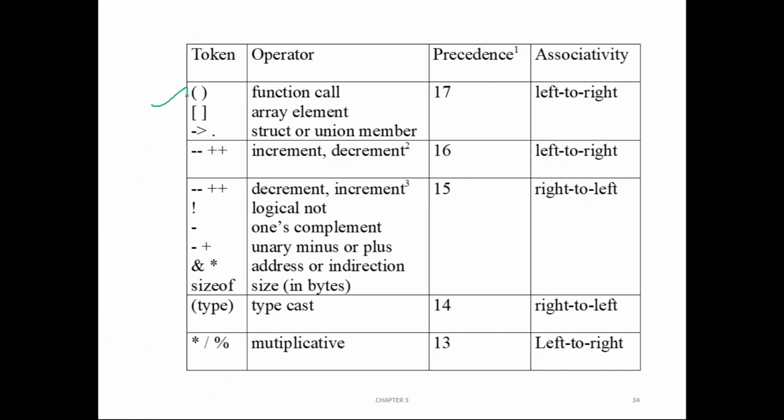So you can see here all these have the highest priorities. First is this bracket, and then post increment, post decrement, then pre increment, pre decrement, and unary plus, unary minus, star, ampersand, I mean indirection operator, address operator, then typecast. Now comes